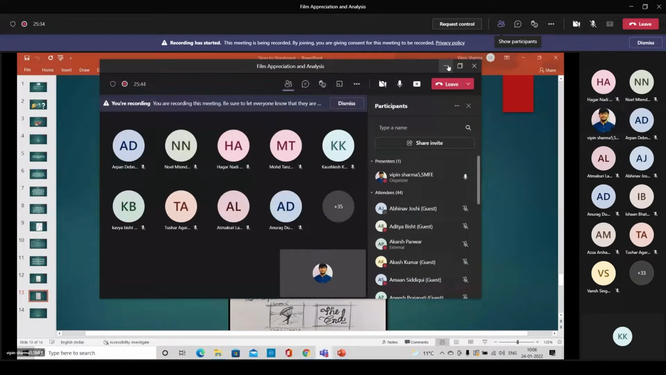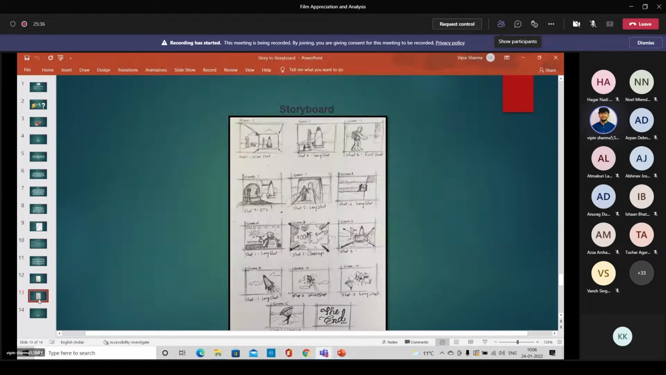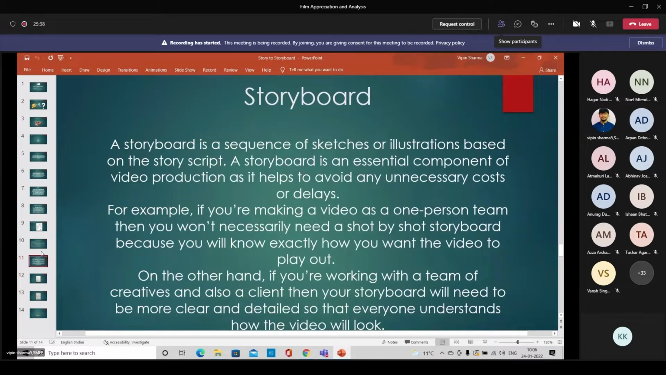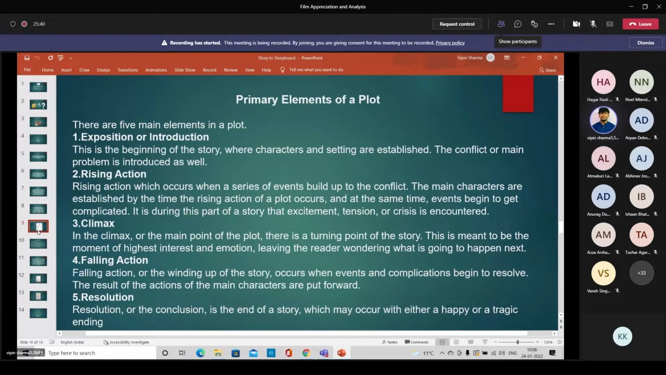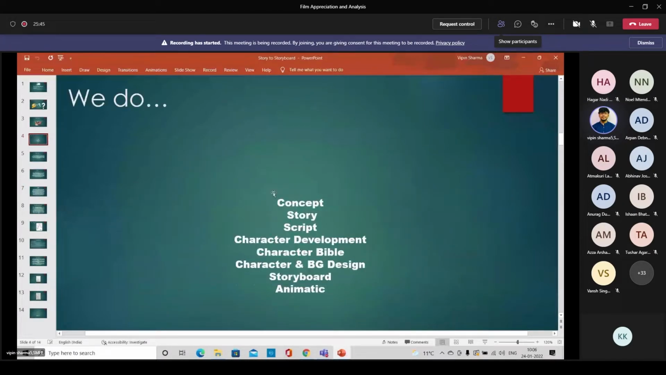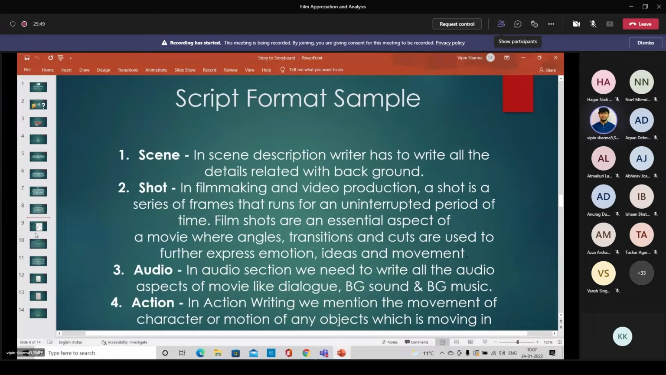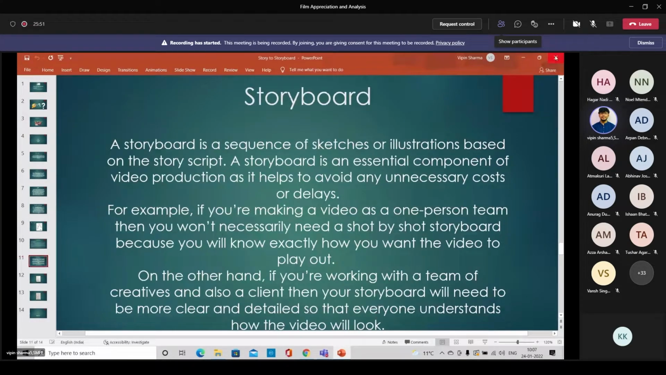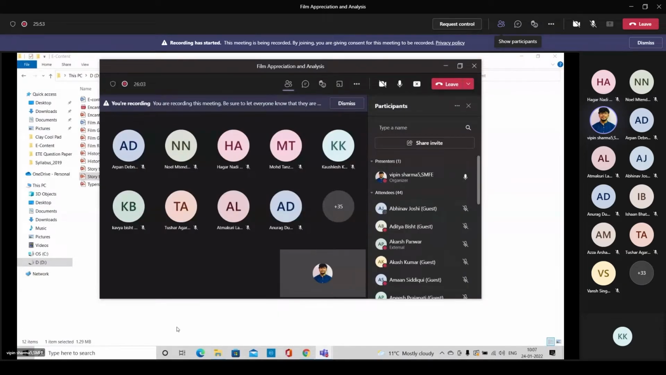Is it okay? So this is the practical way which I shared in your PPT, how to design a story and the storyboard, right? We begin with the concept: story, script, character development, character bible, character design. All this is already shared with you. So this is the part of storyboarding. And in our last,